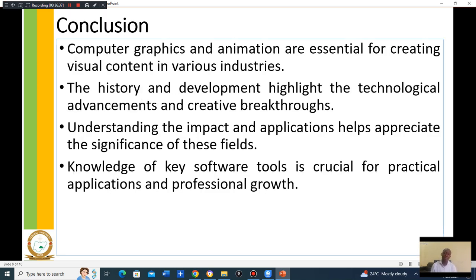So before we move into a conclusion, you are advised, if you have a system, to go and download or get CorelDRAW on it, because our practical session will start very soon and we are going to be using CorelDRAW. In my system I have CorelDRAW 2024. So install it on your system. Most of these CorelDRAW softwares are not free, they are licensed. So you get them to use, so that once we start our practical sessions you can do the hands-on practical sessions,